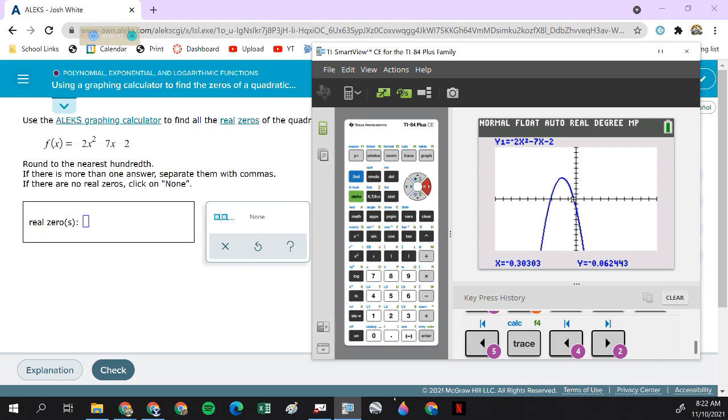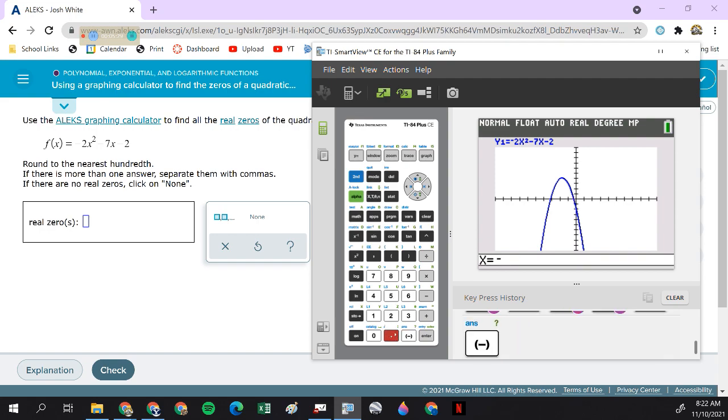So if you push trace, you can type numbers in. So let's try negative 0.4. Nope. So I need something smaller. Negative 0.3. Oh, that's really close. But this is going to be a terrible game. We don't want to play this game. So instead,